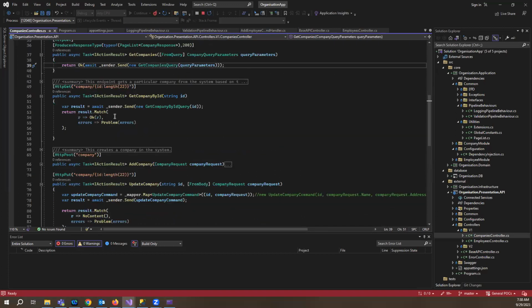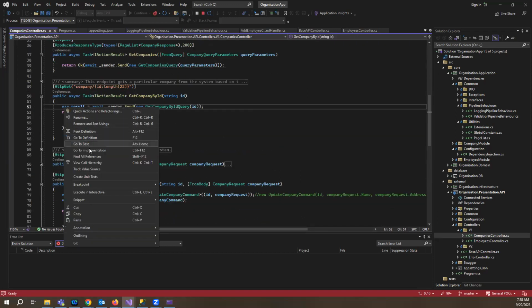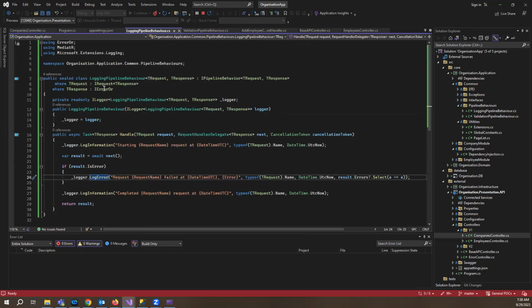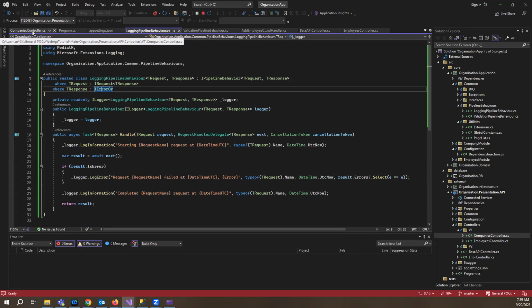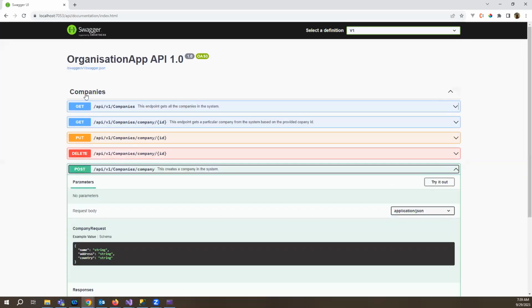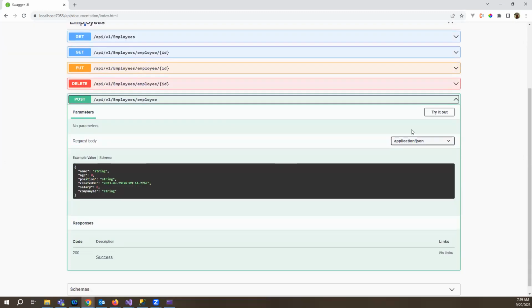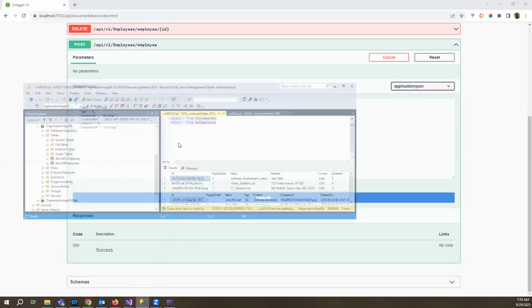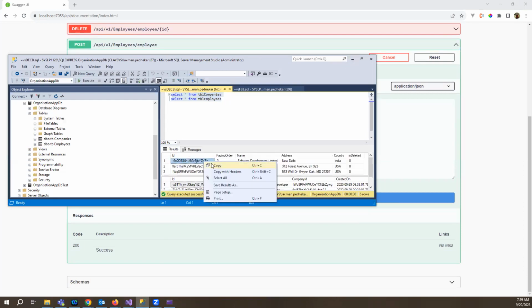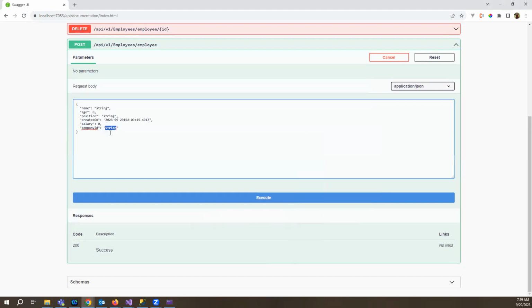So let's see the endpoint for which we have configured ErrorOr. That's because it is based on ErrorOr. So if the response is an error, then only it will hit. So let's try to add an employee and check because we have already set it up for that. So if we go to add employee